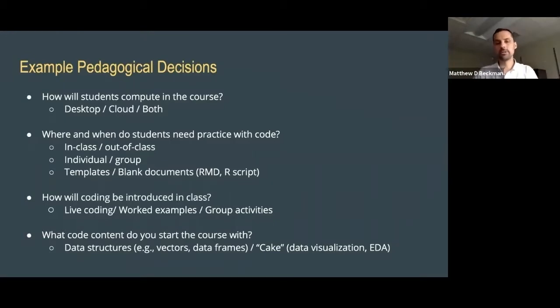When and where do students need practice with the code? So is it happening more in class or out of class, individual environments, group contexts? Do they have templates with starter code, or do they have a blank document to begin with? Are they using R Markdown, or are they using R scripts? Those are all decisions to be thoughtfully made by the instructor,